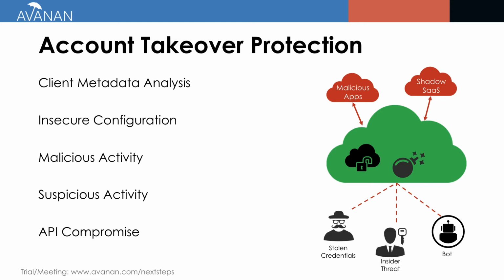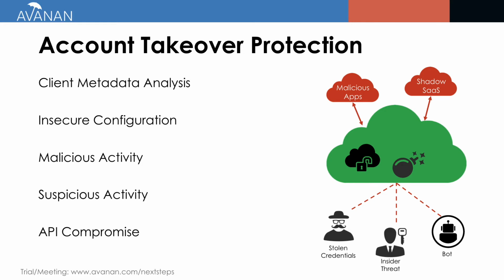First is client metadata analysis. That is analysis of the end user, software, and everything there is to know about the person or the bot that's connecting. Then there's analysis of the cloud itself, not the files, not the users, but the configuration of your cloud itself, looking for insecure configuration that might lead to a security breach or be the result of a malicious user. Then we start looking at the user activity, those behaviors, those things that a user will actively do, whether it's malicious or accidental, to create an insecure condition.